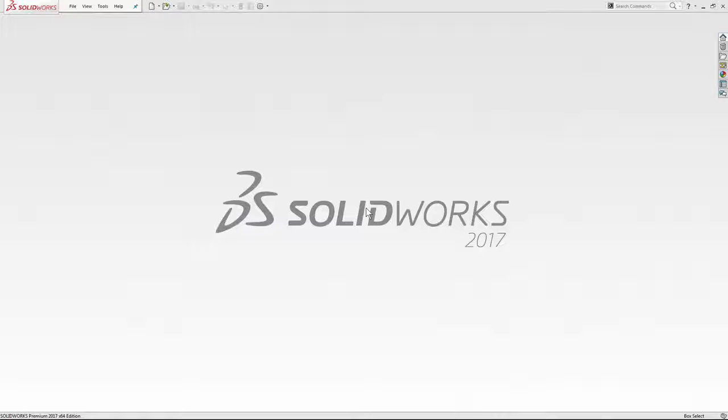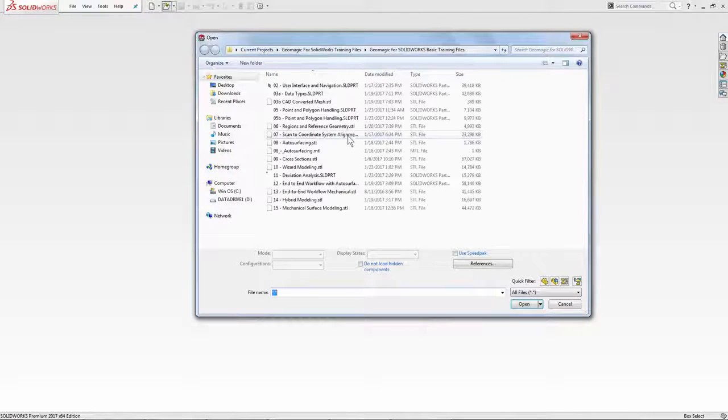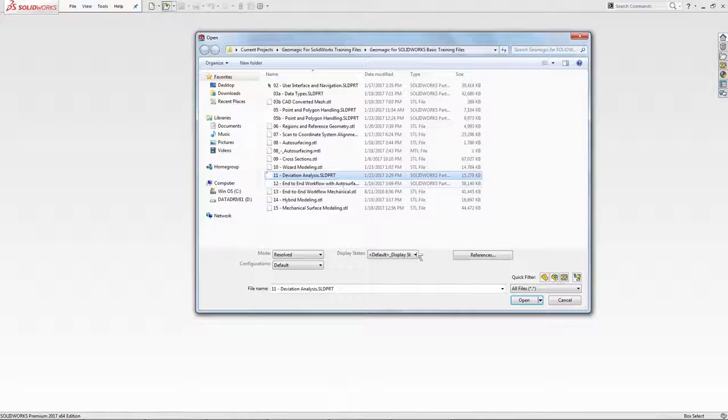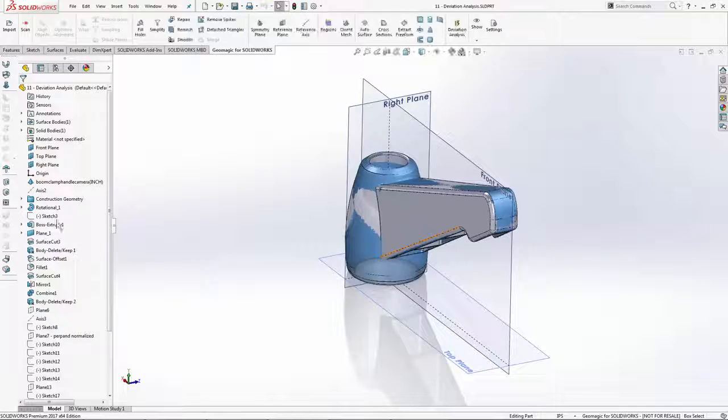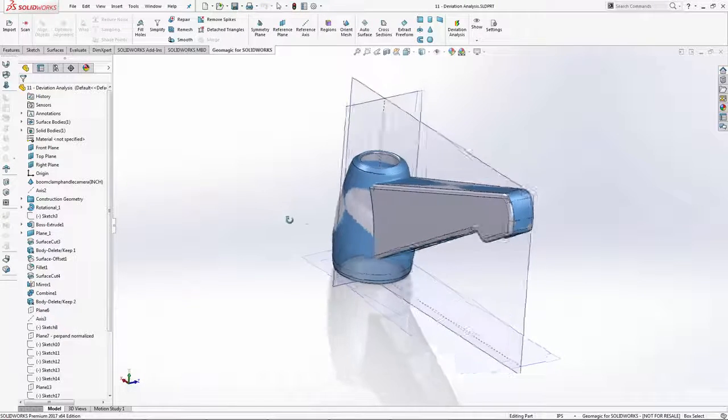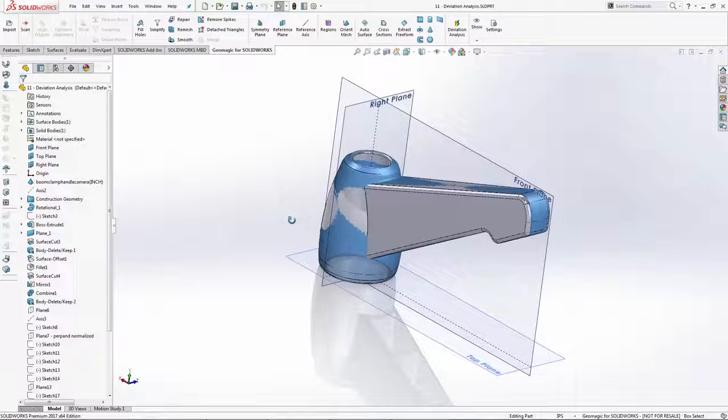This is lesson 11, deviation analysis in the Geomagic for SOLIDWORKS plugin. We're going to start this project off by opening up a file that we've already created. It's number 11. The modeling has been complete on this, and we have scan data that we'd like to double check our model